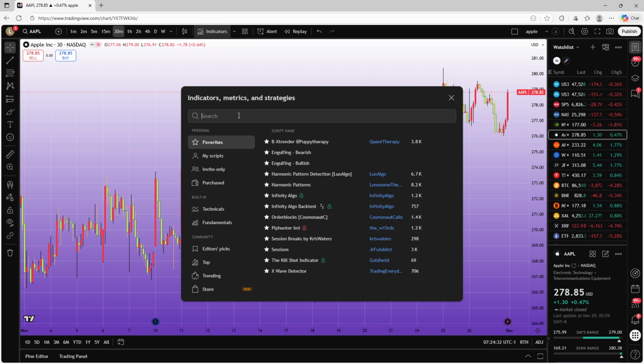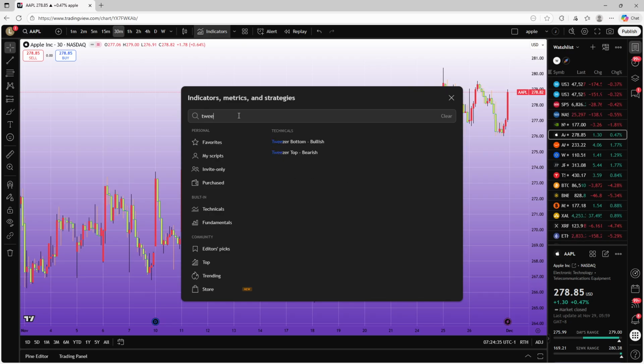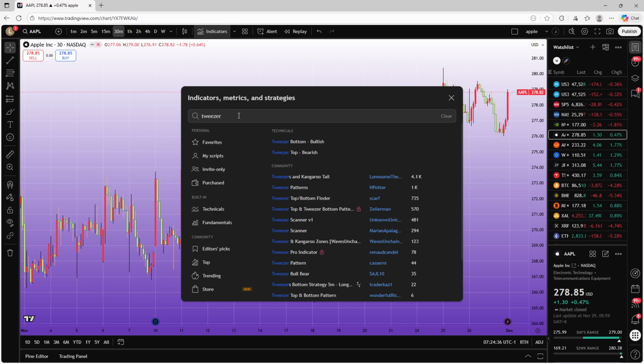Inside the search bar of this window, type the word Tweezer. You don't need to type the full indicator name, just Tweezer is enough. As you type, TradingView will filter the list and show you all indicators related to that keyword. Give it a second if your internet is a bit slow, and make sure you're looking under the built-in or